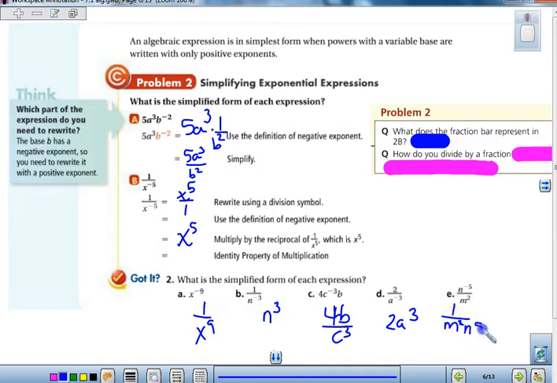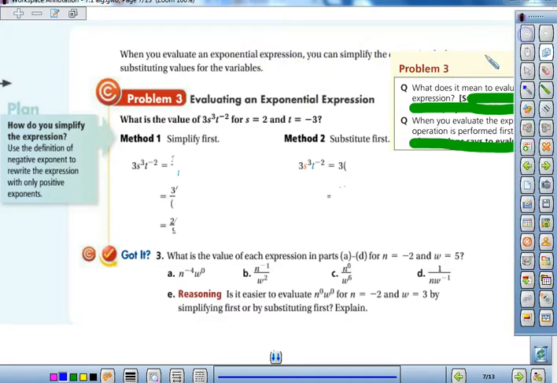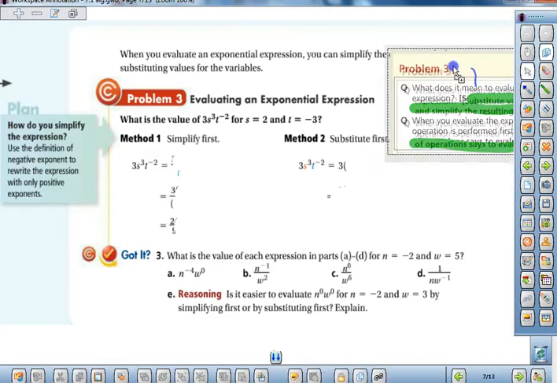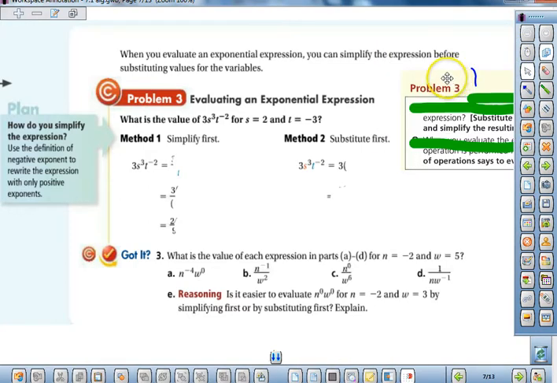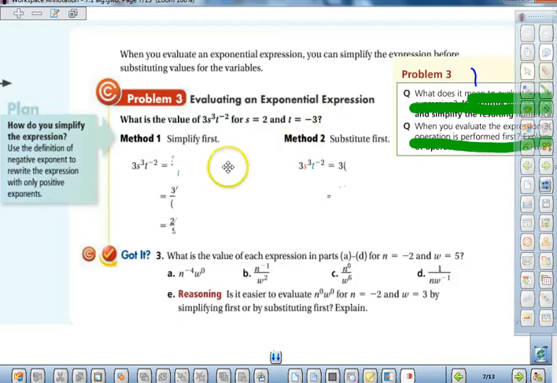And you should have had these solutions. When you evaluate exponential expressions, you simplify, and as you're simplifying, the expression before you substitute in your values. So as we are taking a look at this problem, one of the things you're asked to do is to